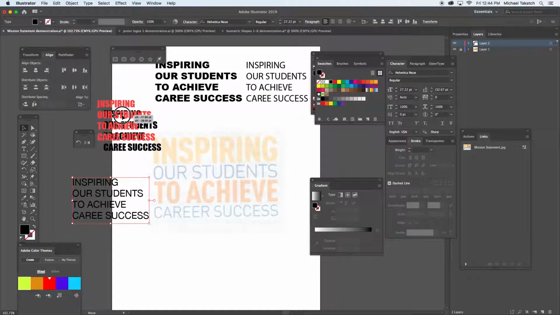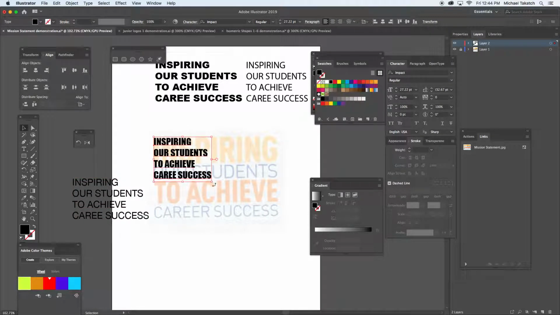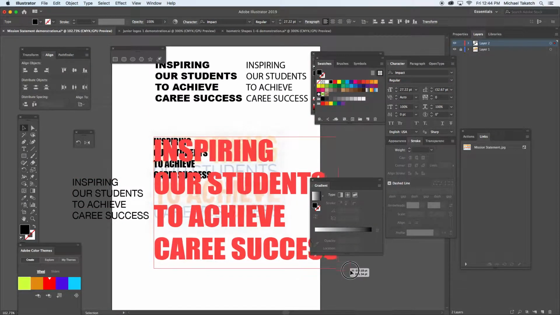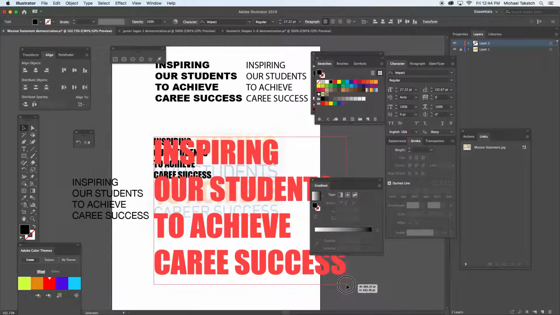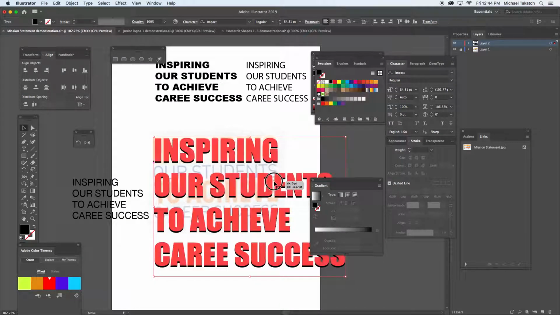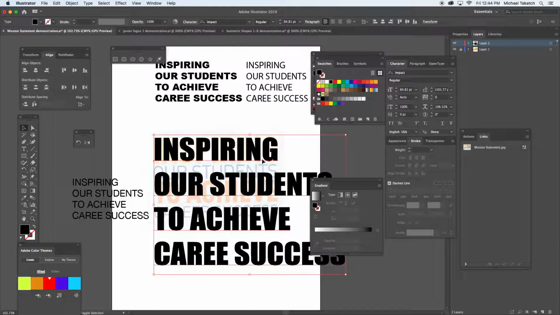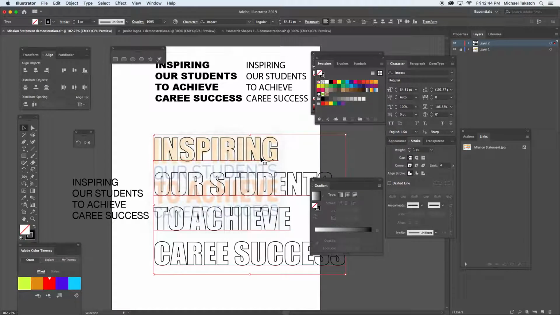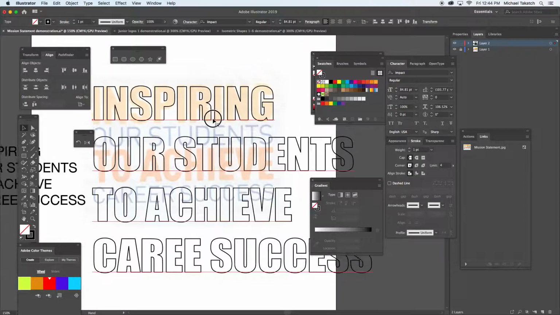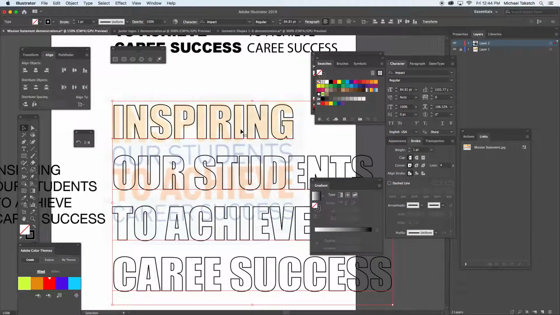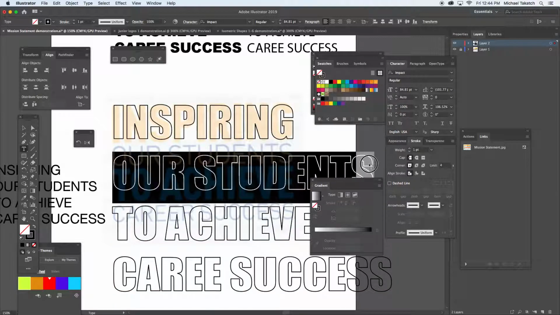Just kind of setting these off to the side, but if I do go with this inspiring and just drag this down again, trying to get the lettering at the top, just looking at that section and turning it into an outline with Command X, at least I can see the beginning part of that section, and that's not too bad. And then trying to take a look at which fonts. So if I highlight this one